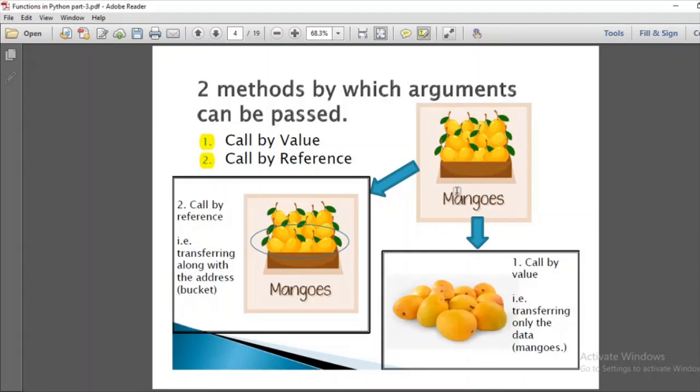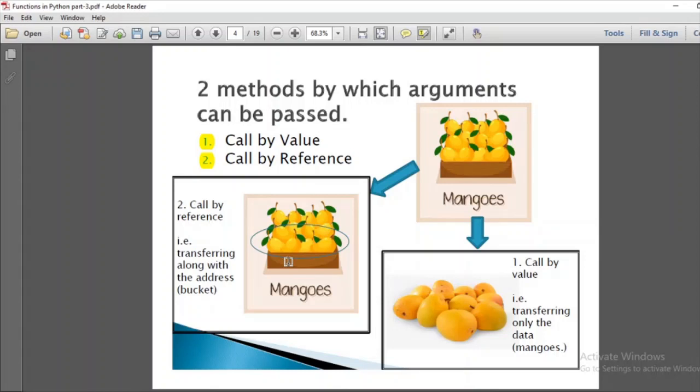For example, if I have a basket of mangoes and I have to give this basket of mangoes to a person XYZ. Okay, so there are two ways in which I can give this basket to that person. First is I can call by value. That means I pick the mangoes out from the basket and put those mangoes into the XYZ person's basket. मैंने मतलब मैंगोज उठाए और जो XYZ पर्सन जिसको मुझे वो मैंगोज देना है उसकी बास्केट में डाल दिए. सेकेंड वे इज मैं उसको पूरा का पूरा ही मैंगोज अलॉन्ग विद बास्केट उस XYZ पर्सन को हैंड ओवर कर दूँ. So this is what happens in the case of coding.